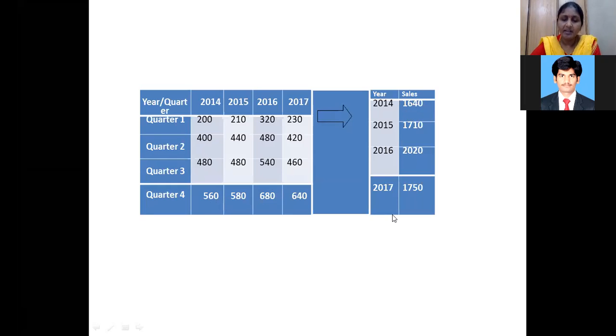Aggregation can be done for different types of attributes according to your requirement. Here, for a year we have performed the aggregation. Suppose you want to perform the aggregation for years, age levels, whatever it may be. We can take that particular attribute, perform the aggregation on it, and we will get the total, consolidated data.